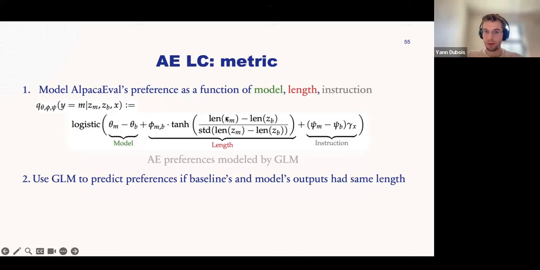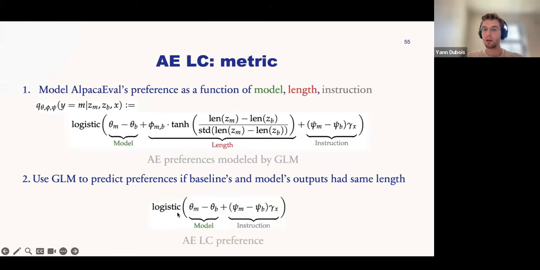So basically what you have to do is, here you have this length component, which depends on the length of the output of the baseline model and the model that you're evaluating. You just have to set these two to the same, which means that all of this becomes 0, and all you end up predicting with is this simplified GLM. And this is what we call the Alpaca